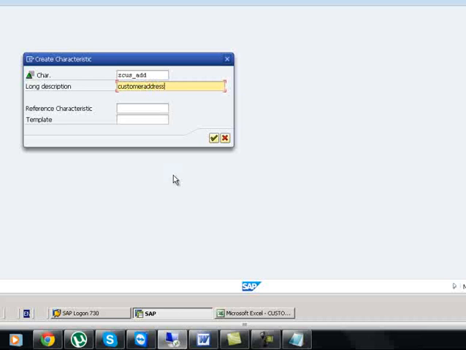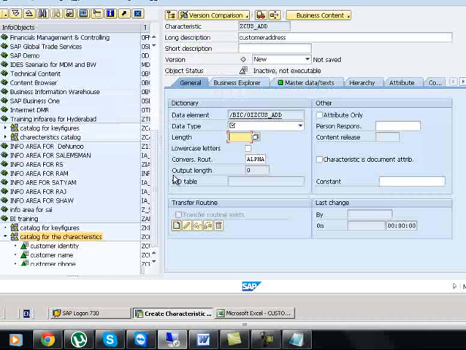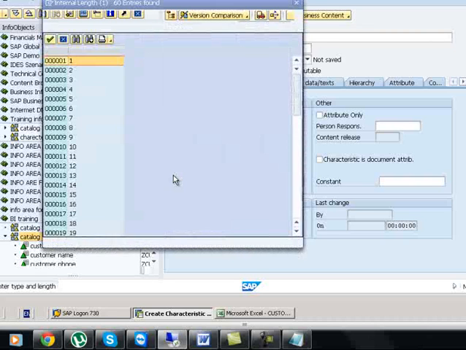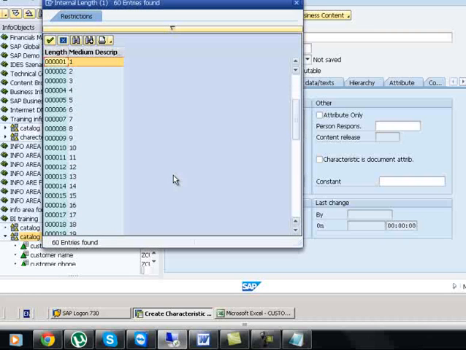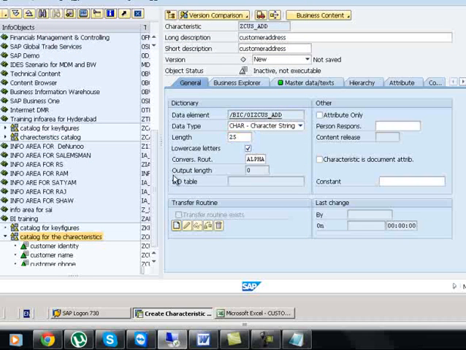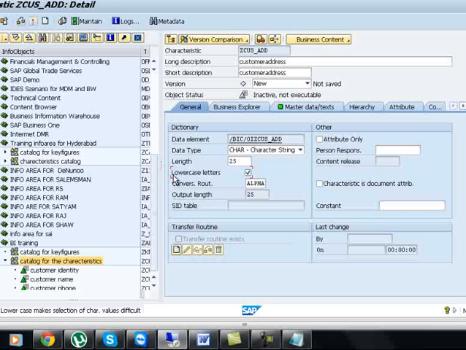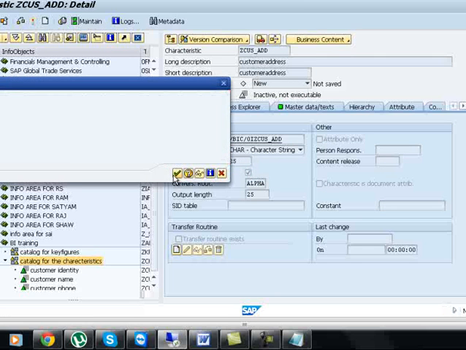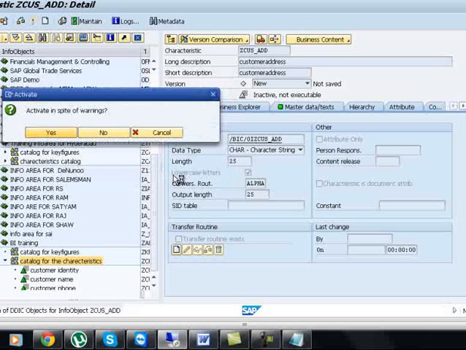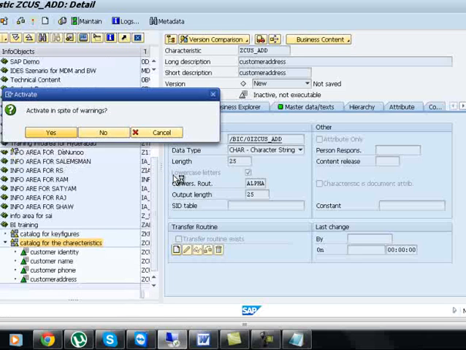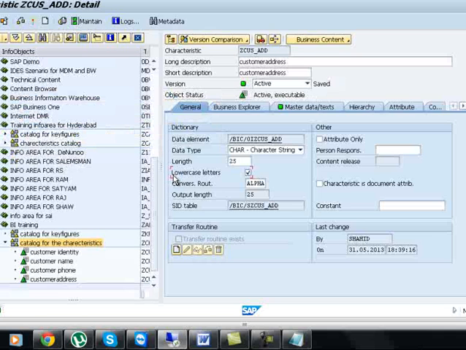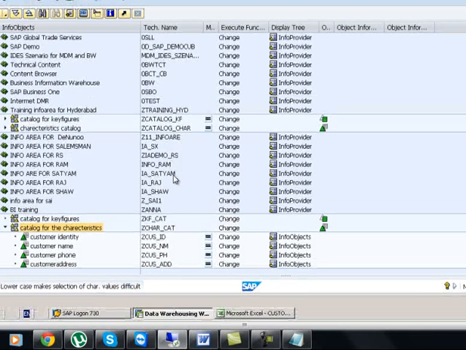We can give the characteristic as string, and we can give address a length of 25, and we can check lowercase in case we have entered the address in small letters, and activate it. So you can see it is very easy, right? Once you start doing it, it will be very easy. So here we have created customer identity, customer name, phone number and address, and what we are going to do